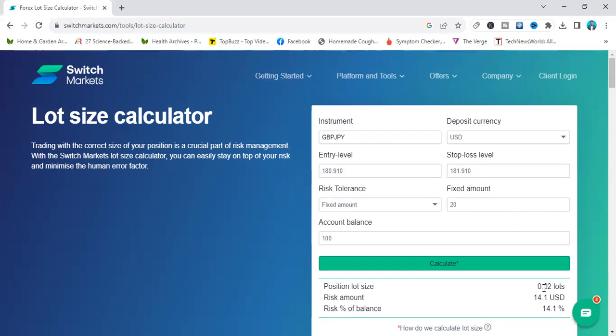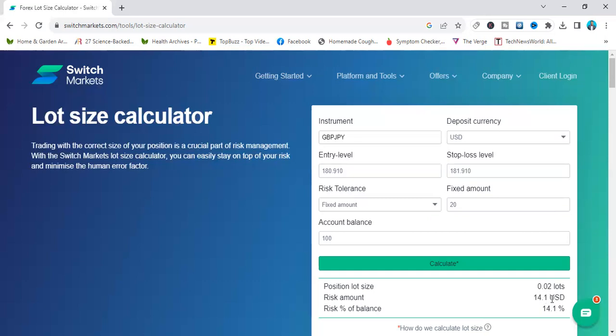And it is only one trade you can take with this lot size. If you take 0.02 as your lot size, you will lose 14.10. That is the amount you will lose. If you change the lot size to 0.03, the amount you will lose will be more than $20.